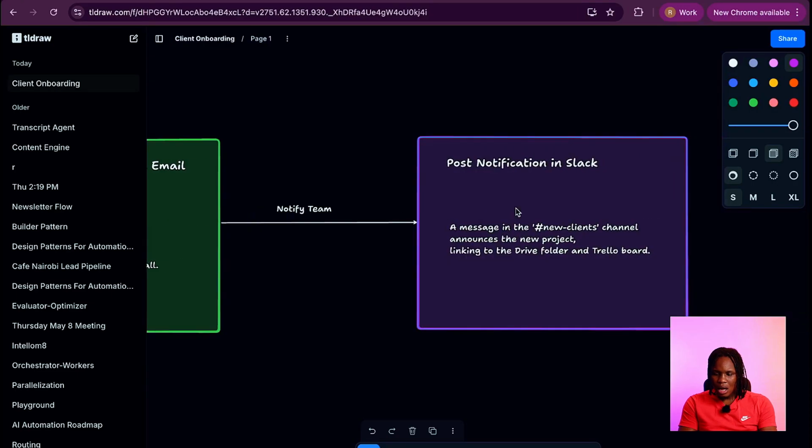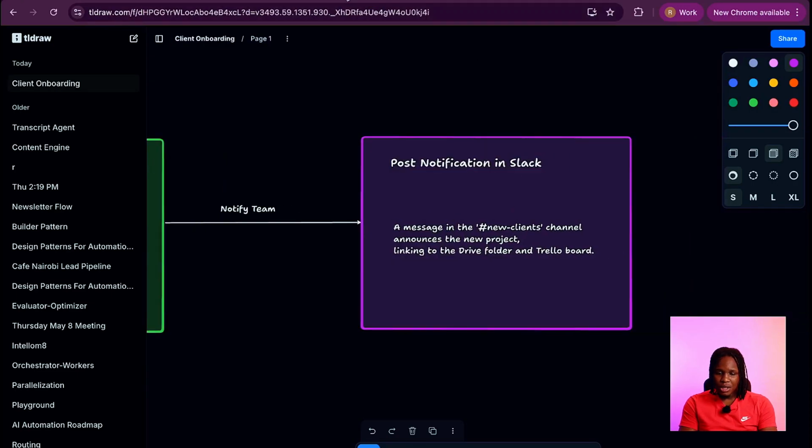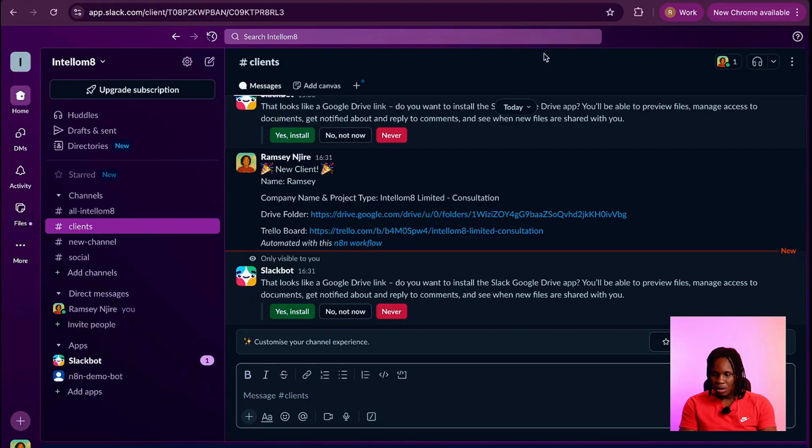And then finally, you post a notification in Slack. Slack is pretty simple. You create your Slack account, and usually you're left with something like this. And you can create, and you can add channels to your Slack account. So for this one, I added a clients channel,